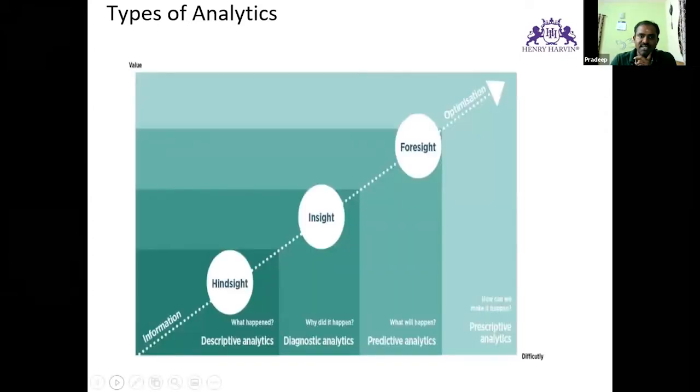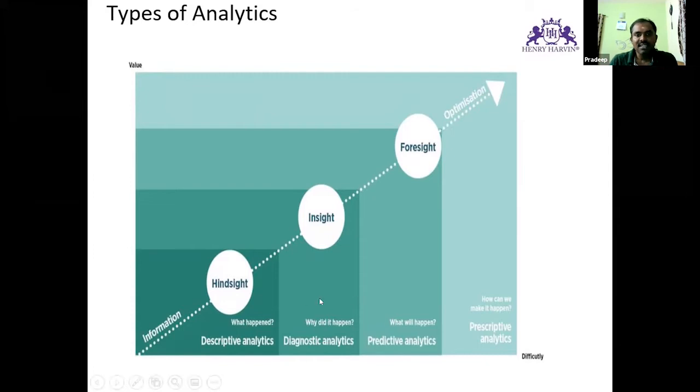Excellent. So basically there are four kinds of analytics: descriptive, diagnostic, predictive, and prescriptive. Descriptive is basically, as you rightly mentioned, a postmortem. What happened? It may give a lot of percentage analysis. How many men are interested in this product? Which feature of the product is more important for the customers? Which product has the highest sales? These are called descriptive analytics.